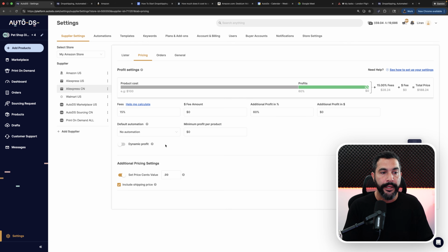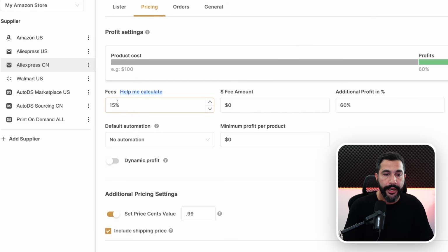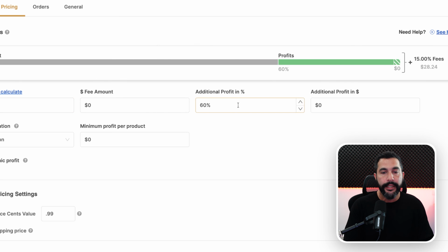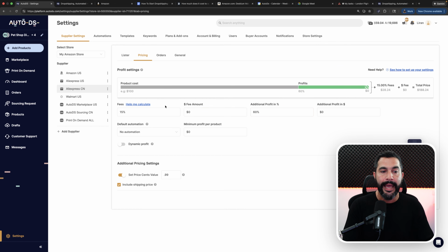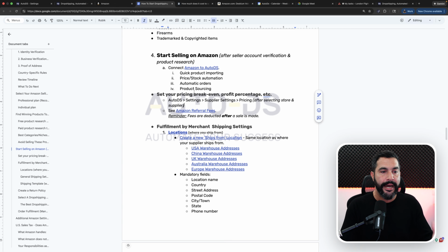So this should be your go-to. 15% break even, additional profit should be at least 60%. Most chances are you're going to make more than that, but this is the absolute minimum just in case you forgot to customly price your product and make it $1 or $2 cheaper than the cheapest seller in that featured or buy box. Okay, so now that we have our break even and profit percentage,